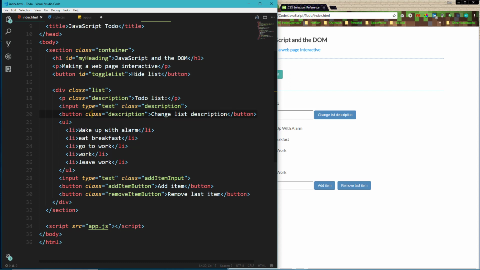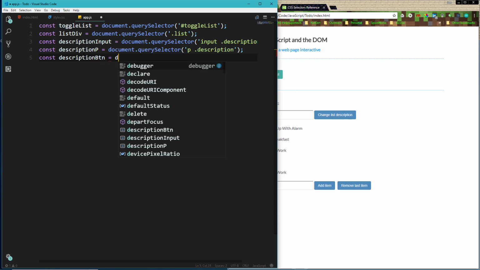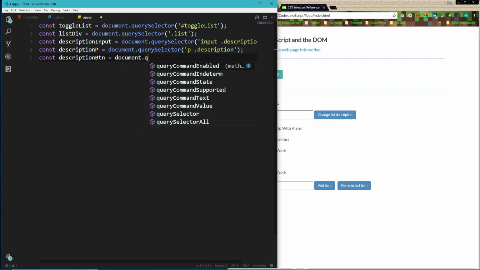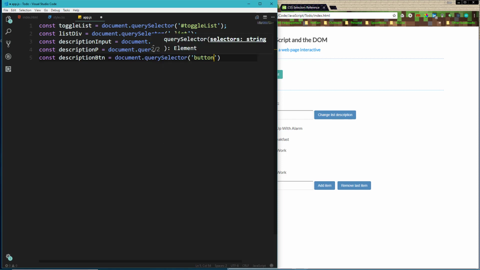We got a button here with description, so let's go ahead and grab that. Const, let's just call it description btn. Document.querySelector, and that's going to be button.description. Yeah, that's correct. Description button, and then we have the add item, the remove item,